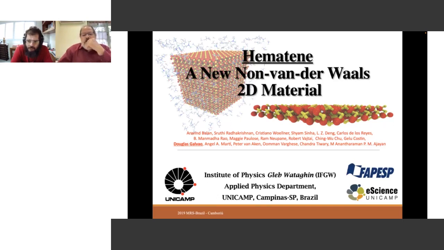Most of the materials now... graphene created a revolution in material science, right? But up to now, most of the 2D materials came from what's called van der Waals solids. You have a lamellar-like structure that you easily separate, but this imposes some limit. There are thousands, or perhaps tens of thousands of 3D structures that are non-van der Waals materials, that in principle, if you know how to, you could create tens of thousands of new 2D materials exploiting these 3D structures.